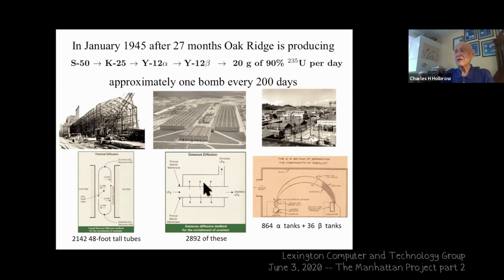And it goes through a porous membrane. And the tolerances on these things are extremely small. And the plant has to be basically half a mile long. And it becomes the largest single-roofed building since the Pentagon was built. And then you run them through another set of buildings which have